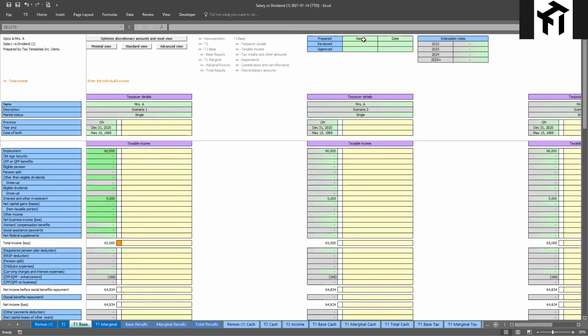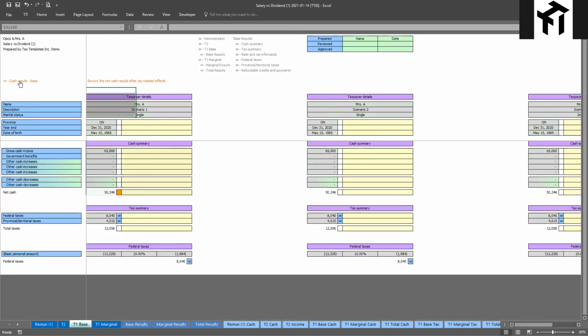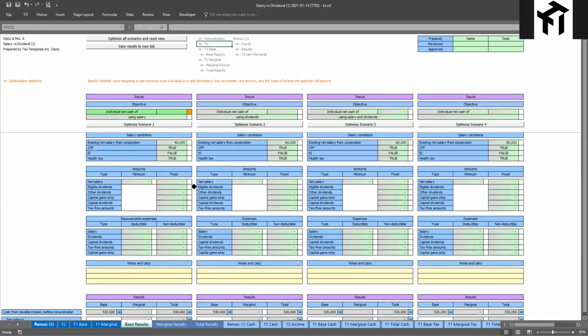And what I'll do again is I'm going to mark off my name as prepared by in order to skip the rest of the steps on the T1 base tab. If you need more information on how to fill this out, again, that's part of the personal tax scenario webinar we went through. All right, so what I have here, these are the cash results for the base tab. I'm not going to spend time here. I'm really going to just get to the Remuneration 1 tab where all of the interesting information is inputted and